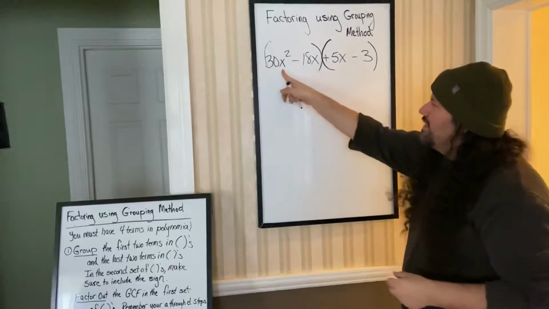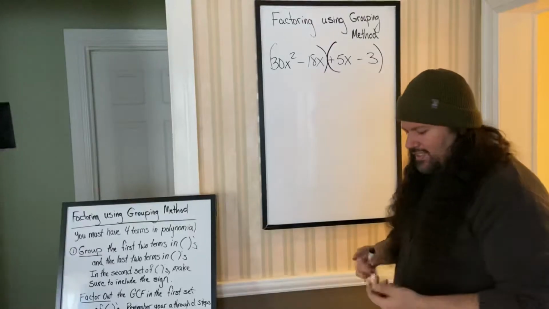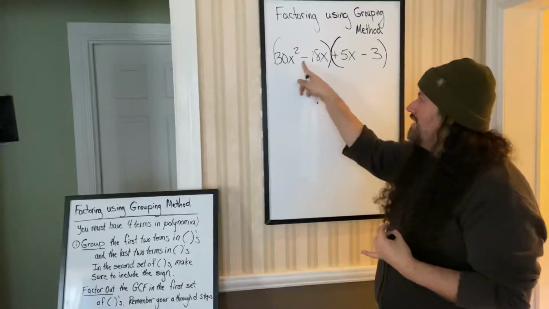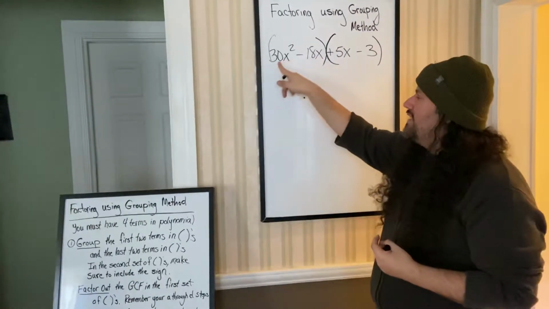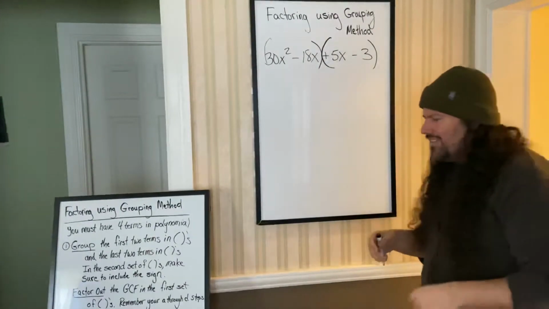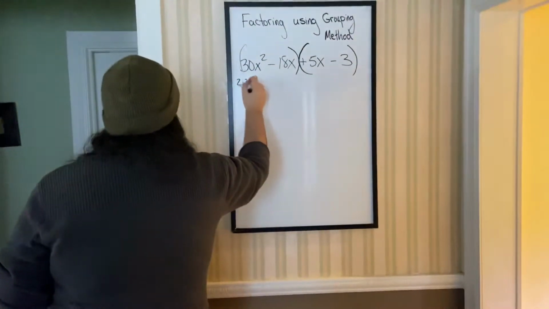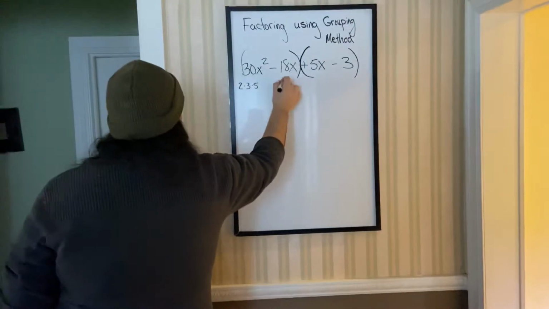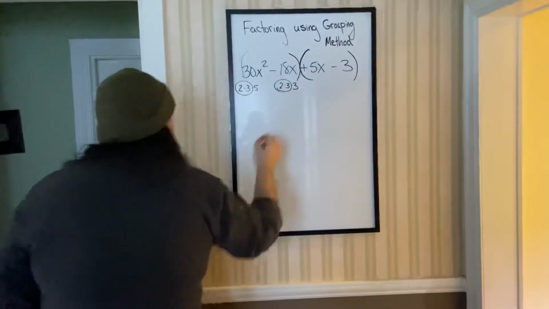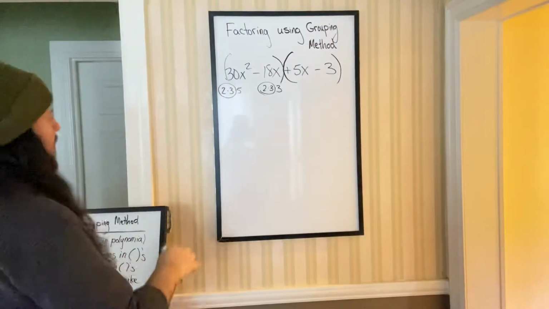So step 2 says take out the GCF just using the first set of parentheses, the first 2 terms. We see that yes, there is a set of matching stuff available. We have the same letter, and we have the same number. Now you might be saying, wait, I don't see the number. Again, if you don't see the number, just do a tree diagram. To save some time, I'll tell you that 30 is 2 times 3 times 5. 18 is 2 times 3 times 3. So you can see they both have a 2 and a 3, and they both have the same letter X. So I know my GCF